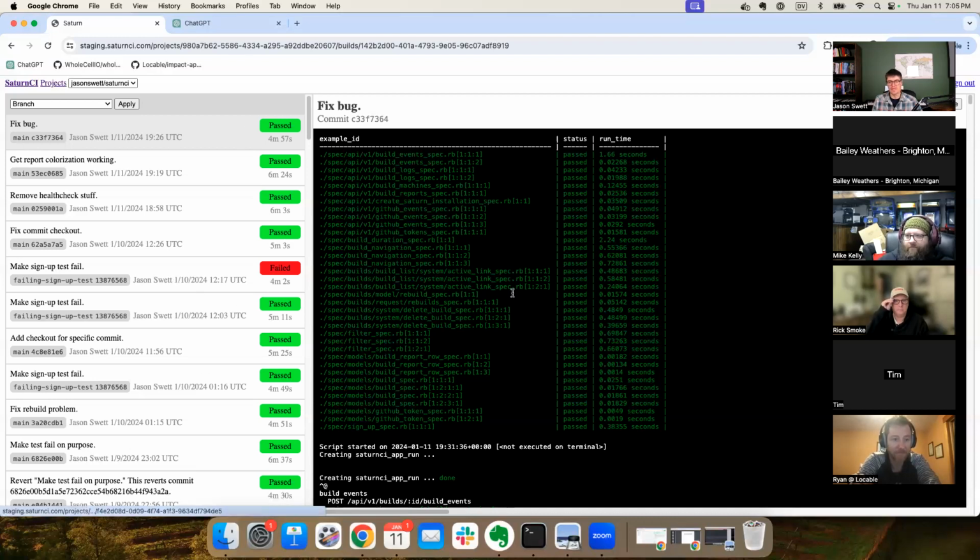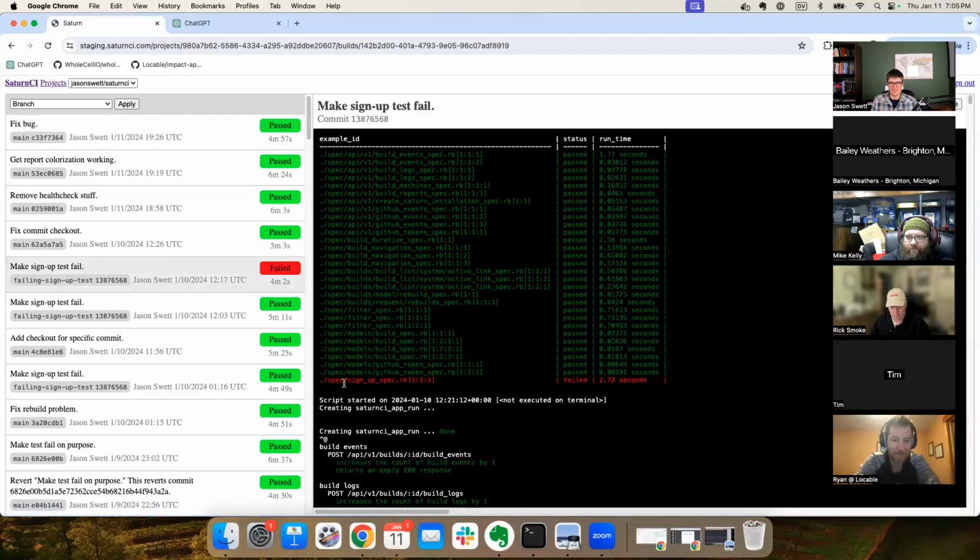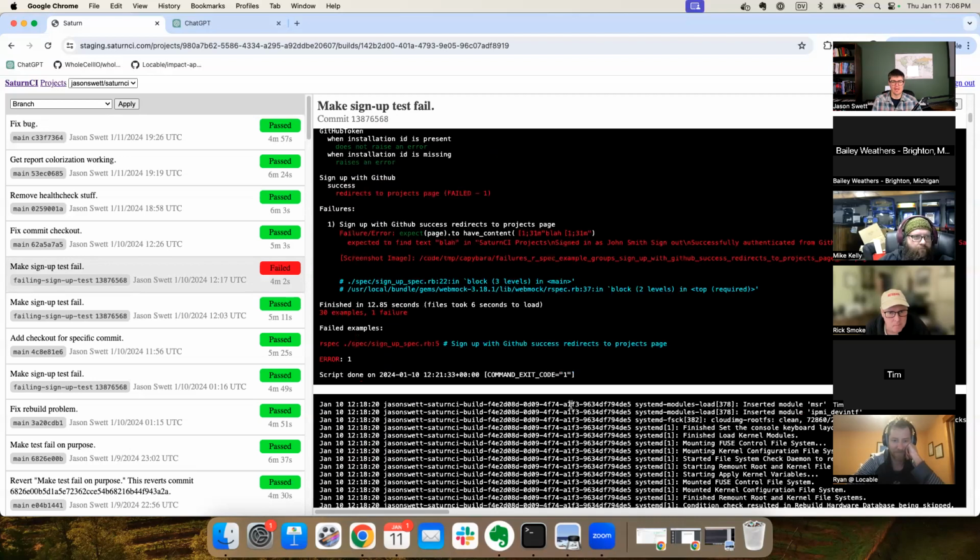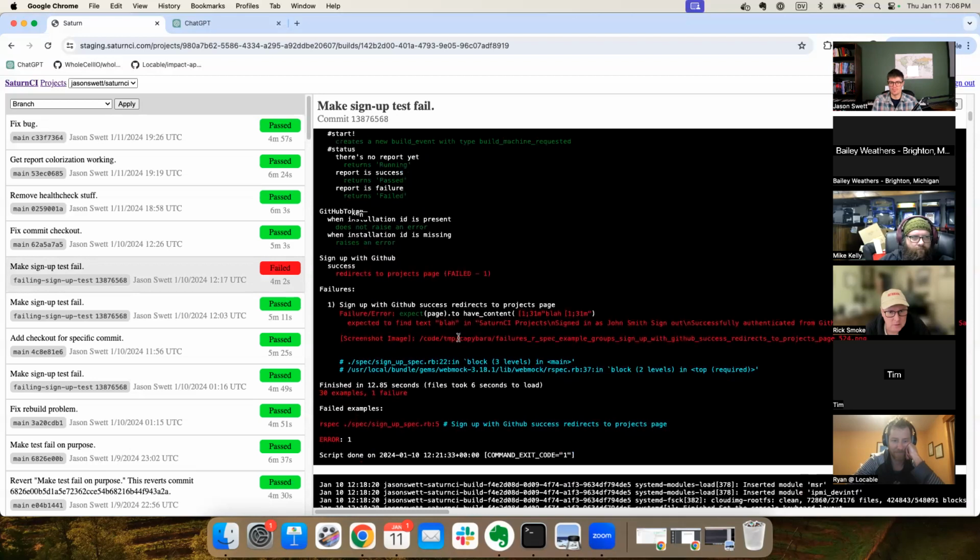With mine, this is not the finished product, of course, because I've just been working on this for not that long. But if you click on this failed test suite here, what you get is front and center. You see all your tests and the test that failed. Yeah, that's kind of small, sorry. The vision is that you can see this, and ideally it would be sorted so you see the failures on top. And then it'd be nice if you click on the failure and you see the details here,